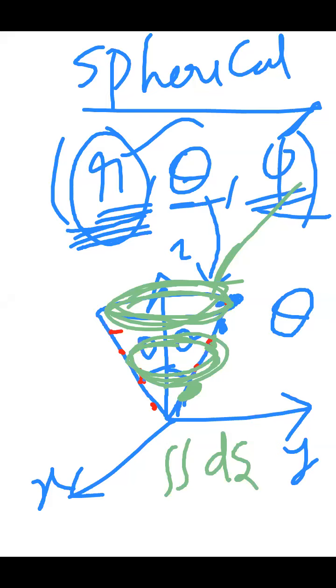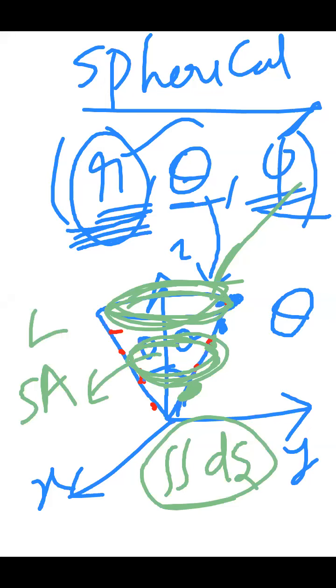Once you do this integration, what will you get? The lateral surface area of the cone. But anyway, you should know what dz is. Very quickly, I will introduce what dz is. Theta is constant, R is variable, pi is variable. So you can go anywhere on this cone, and you can calculate the lateral surface.